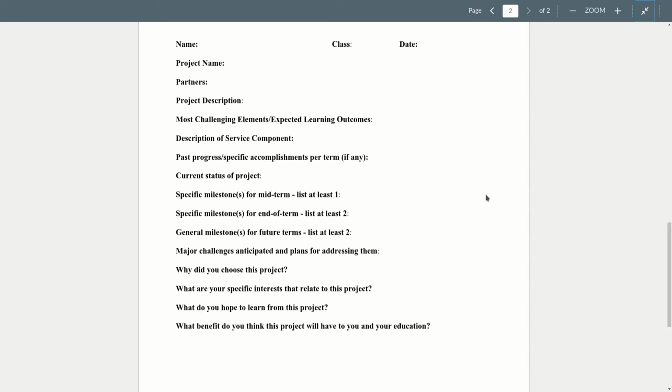Major challenges you anticipate and plans for addressing them, right? Hopefully there's going to be some challenges to this. It's not going to be something you can do in your sleep. What are those challenges? How are you going to meet them? So I'm going to need to learn to program in Python, and I've never done that. So I'm going to go to Khan Academy, and I'm going to take a course, and it's a 3-week course, so I'm going to do it between the end of fall and the start of winter quarter, right? So that's nice and specific and gives you something to work around.